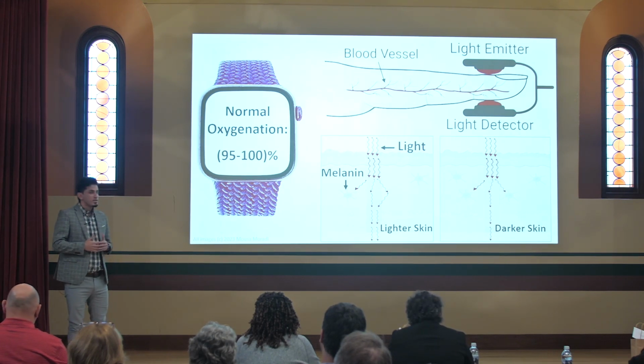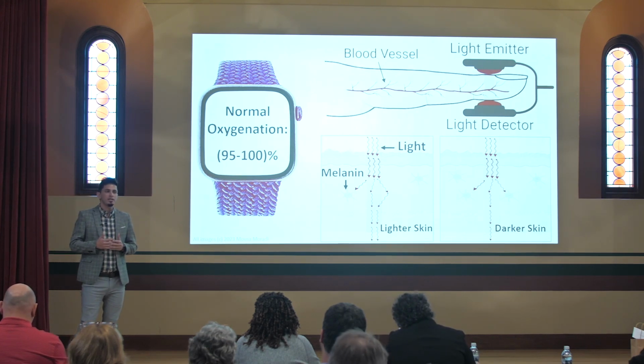Despite the popularity of pulse oximeters, their readings are extremely sensitive to different skin tones, especially for people of color. Previous studies have shown that people with darker skin, including Black African Americans, are more likely to have inaccurate pulse oximetry measurements compared to people with lighter skin, like white Northern Europeans. This is problematic because currently there's no pulse oximeter on the market which is calibrated based on data from darker